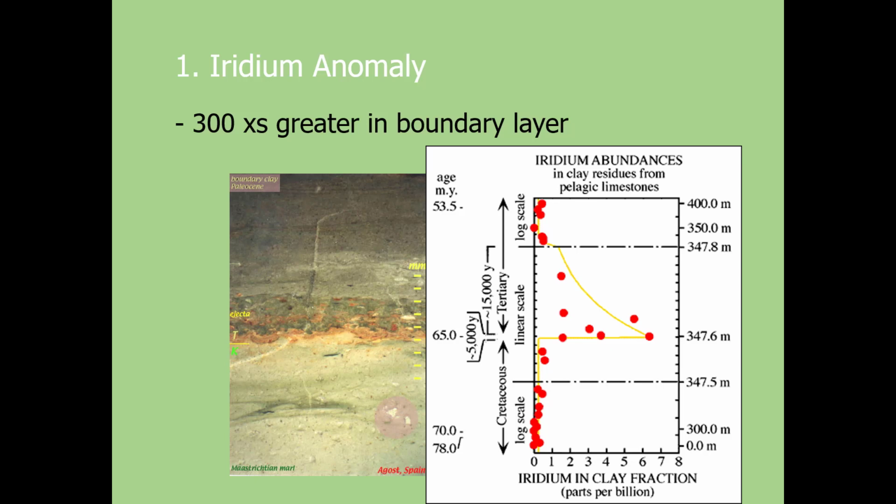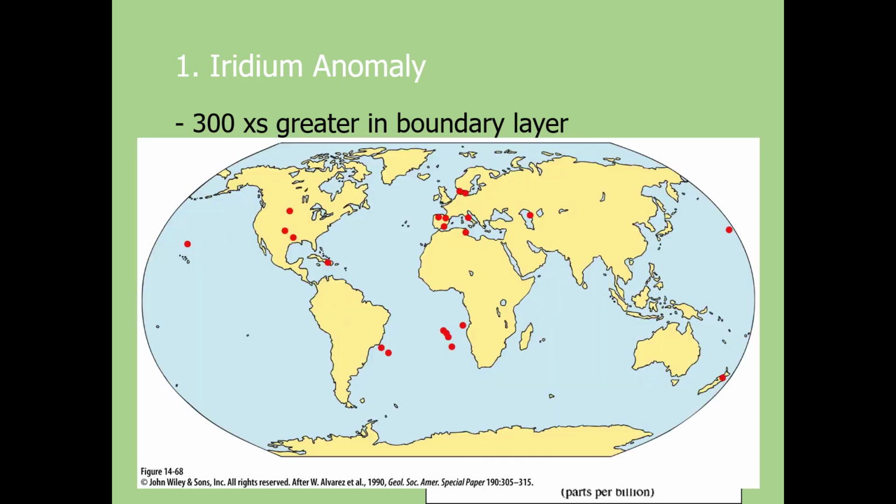And again, iridium is associated with extraterrestrial objects. It's also associated in very small amounts with volcanic eruptions, but in much higher levels with extraterrestrial deposits. And we find this iridium anomaly globally. So it isn't something that is small, it is something that is very large. The diameter of the crater in the Yucatan itself is very large, and we can see that material did spread around the globe.